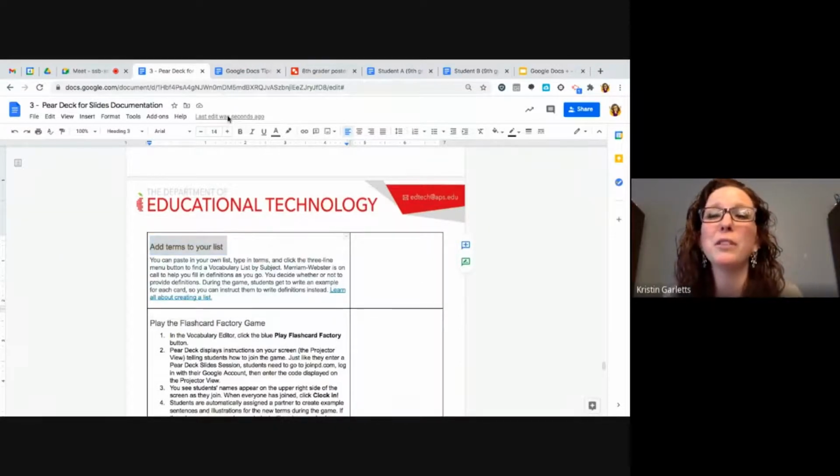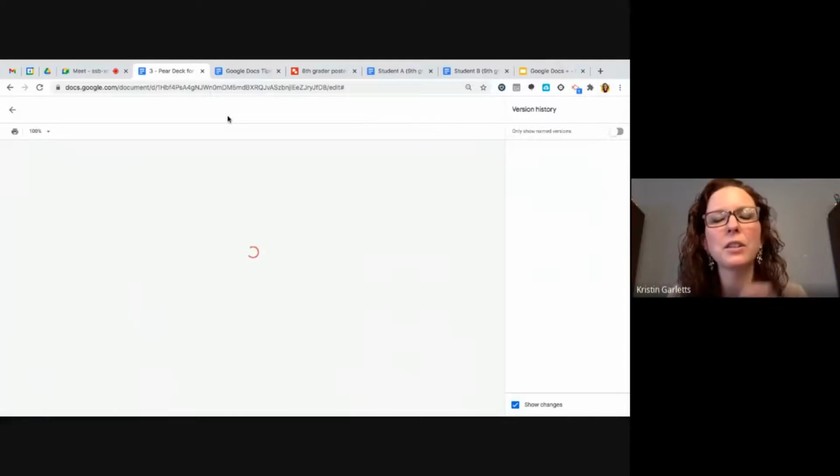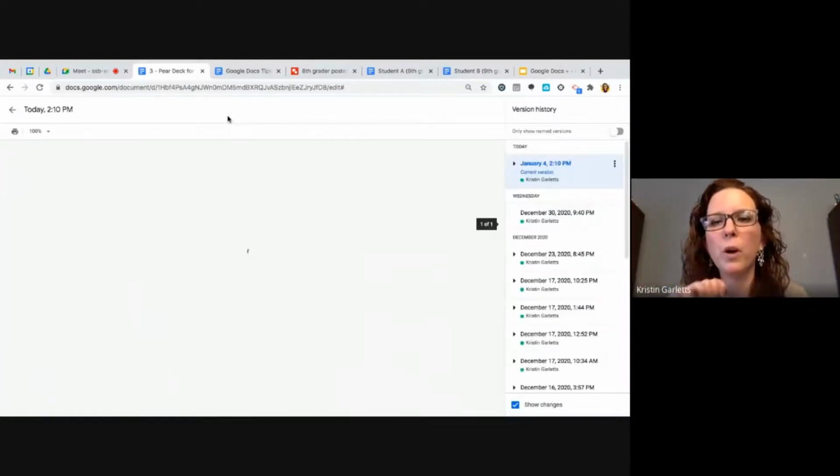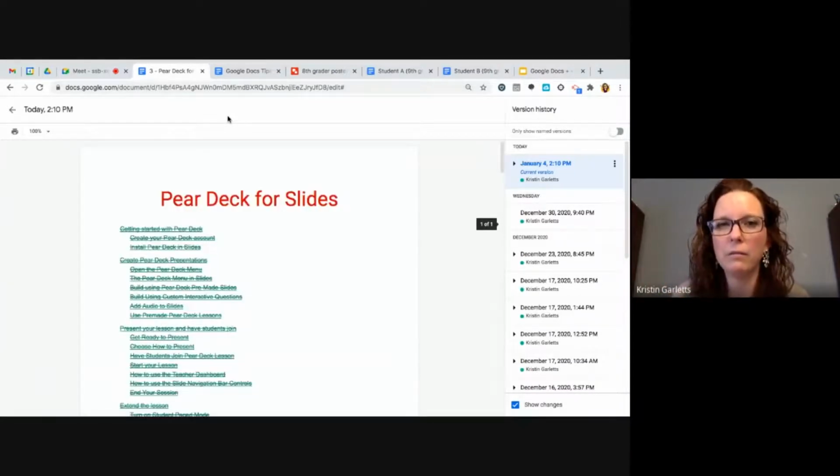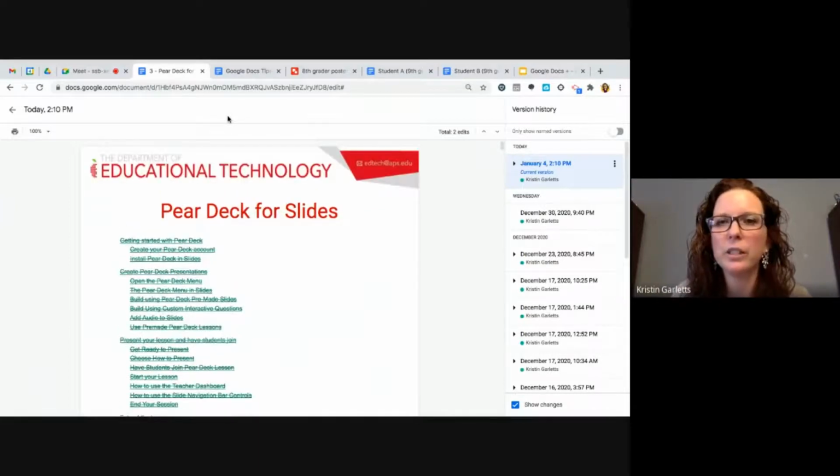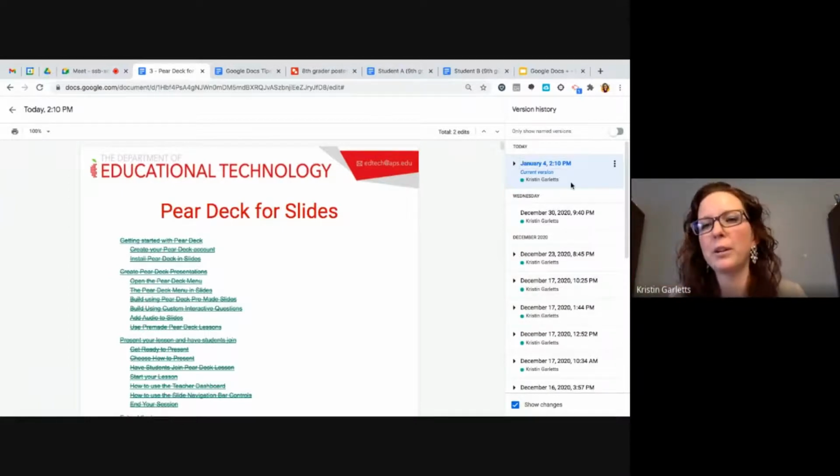This is also helpful if a student accidentally deletes their whole assignment. You can go into the version history, pull up the one from before they deleted it, and then make that their new copy. So, you have those students that accidentally edit or accidentally delete it or on purpose delete somebody else's work. Nothing's ever lost. So here I've got all the versions. I'm the only one who edited this, but if there were multiple people,